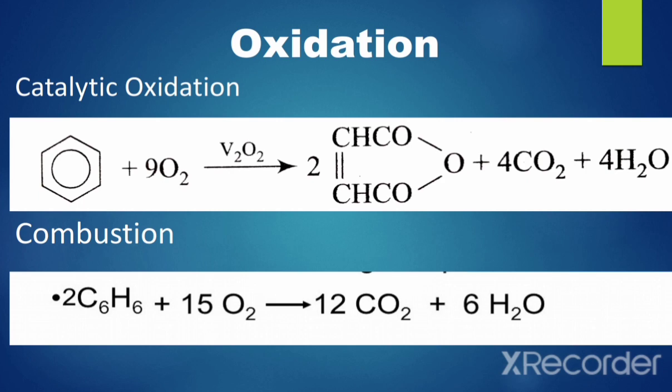So catalytic oxidation reaction, in which we use vanadium dioxide as a catalyst in the presence of nine molecules of oxygen, and it will react with benzene ring, and this compound will convert into an intermediate, and we will also get some byproduct as carbon dioxide and water, and the main product